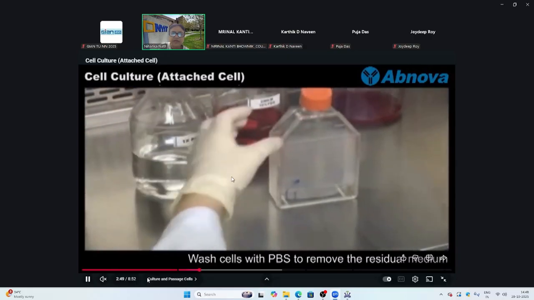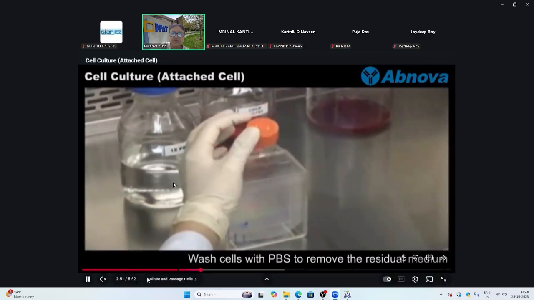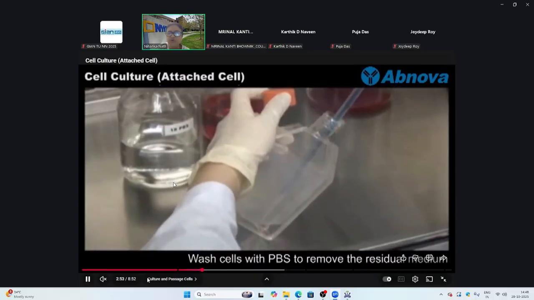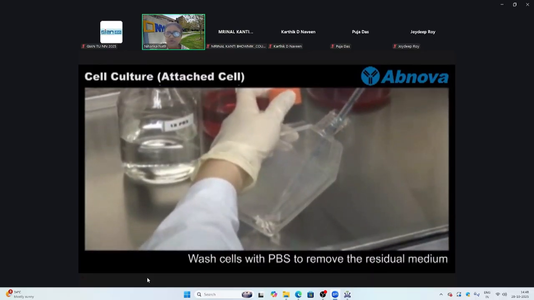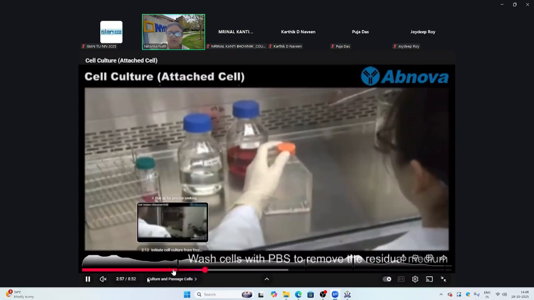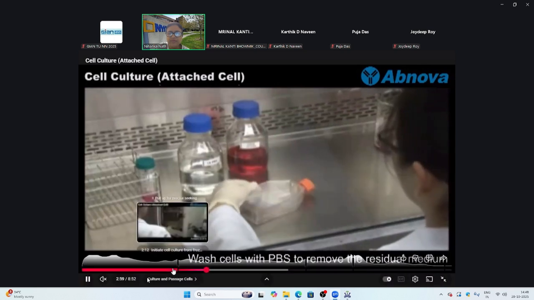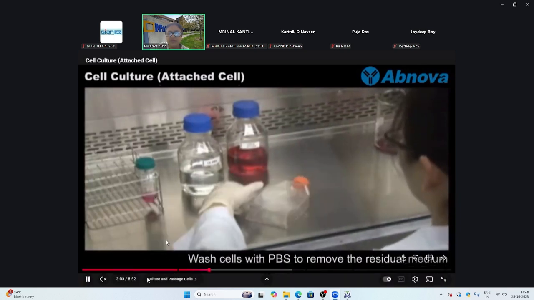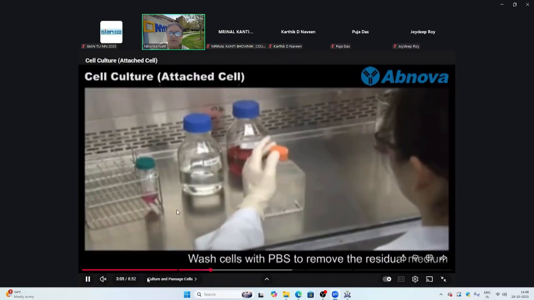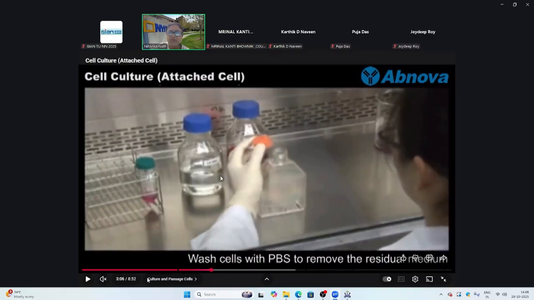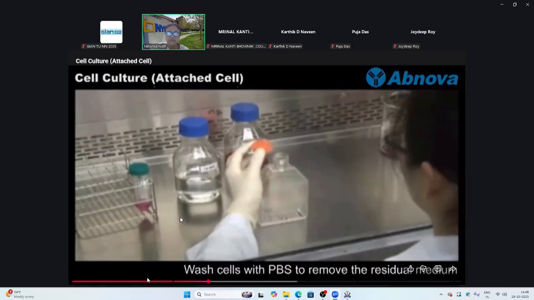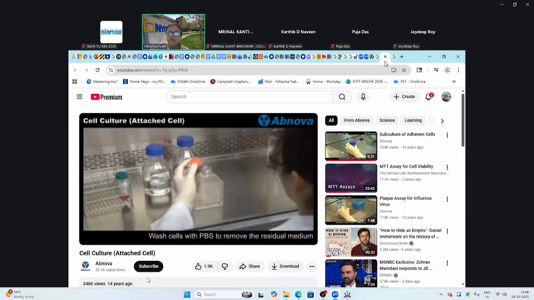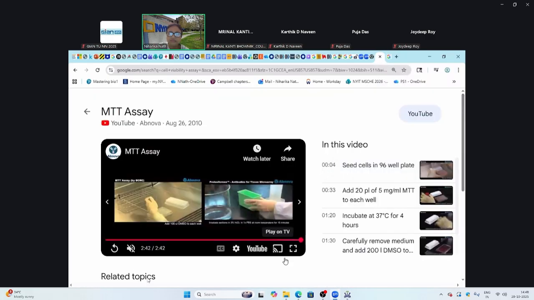So with that, I think that just shows you how cells are treated. Again, she's putting in new medium. She's going to wash them, put in maybe new medium, washing them, and she's going to separate the cells. So we don't need to see that part. So I will exit from here, and we will just go to